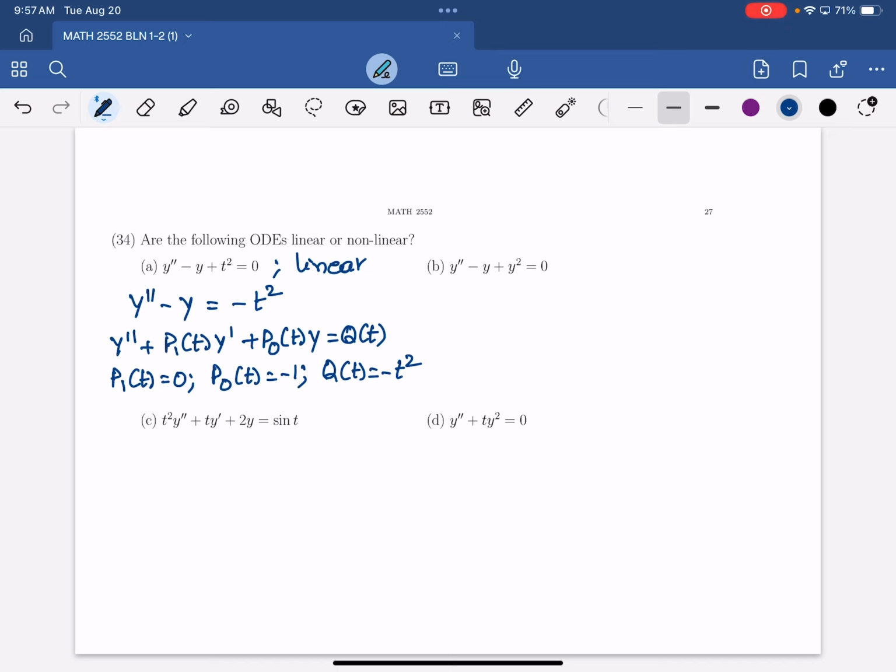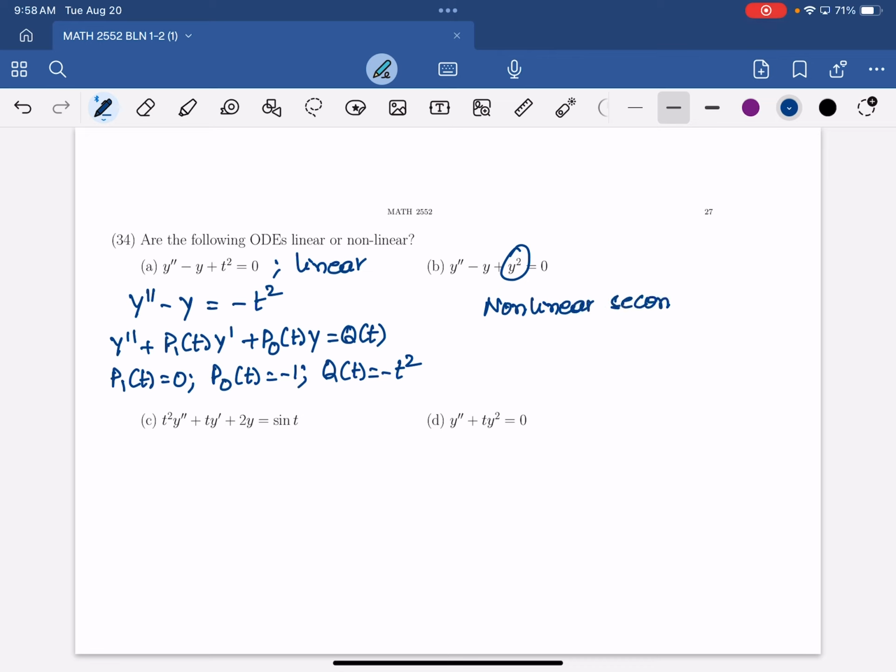Now let's look at this problem. The exponent of y is 2, right? Just how it happened in the first order. The exponent of y is 2. Here you see in here the exponent of y is 1, so it cannot be linear. So this is a non-linear